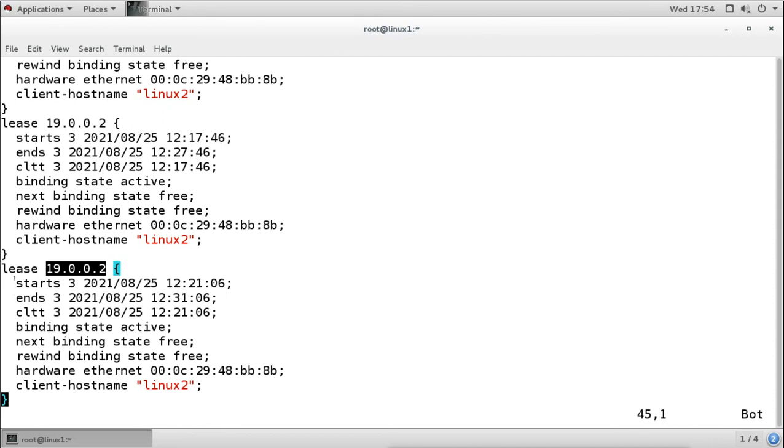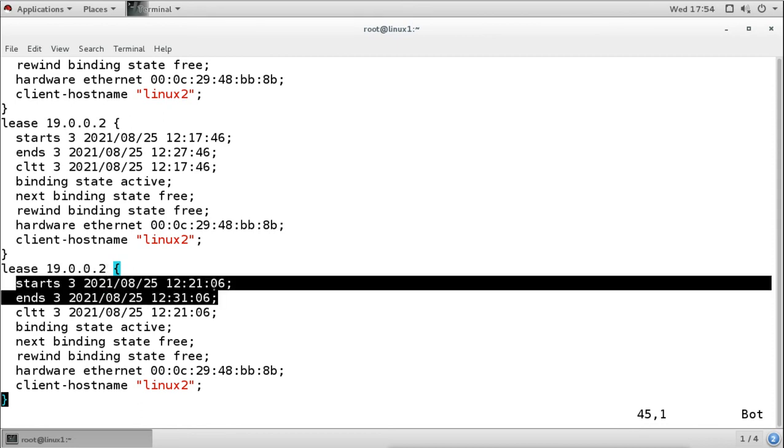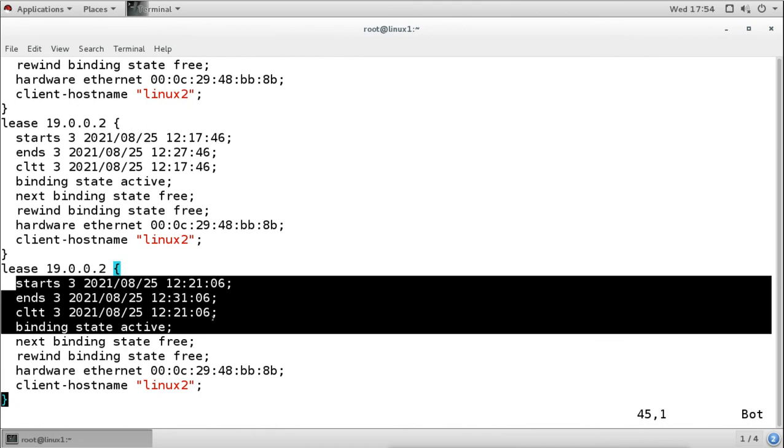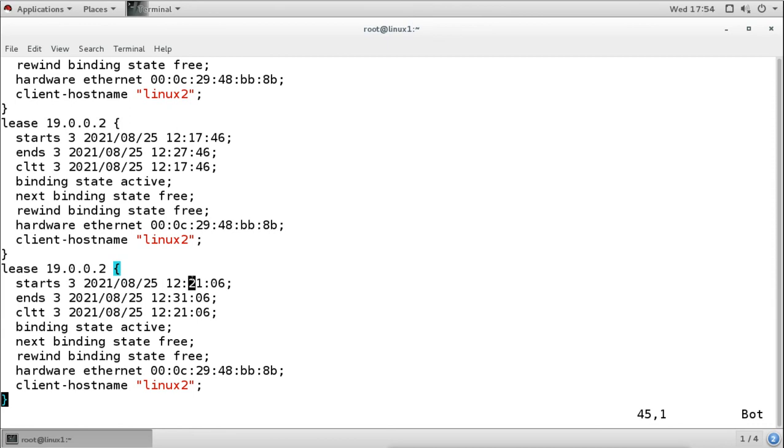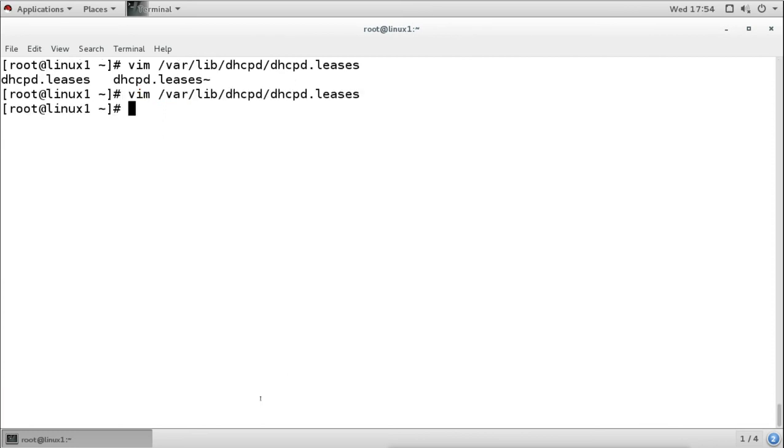Now this is the starting time, the lease. This is the lease time we can see here, and it was 600 seconds, which is 10 minutes. If you see, it is 21 to 31. So basically it is 10 minutes, and 600 means 600 seconds. Now we can change the lease time according to our requirement. I have not changed it. I have used the default time of 600 seconds, but we can change it.